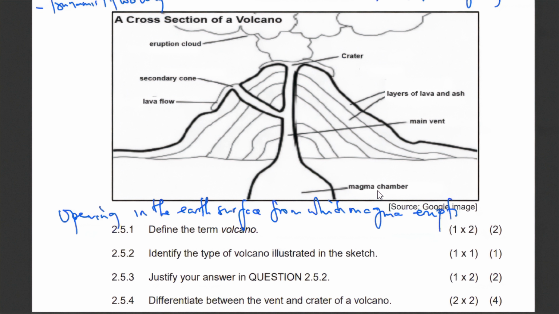Then identify the type of volcano. What kind of volcano is this? We are seeing that we have alternate layers. There is ash, there is lava, there is ash, as you can see by the labels here. So if we have layers of ash and lava, that forms what we call a composite volcano. And why? Because it has alternate layers of ash and lava, for one reason. And also it has, if you check on it,